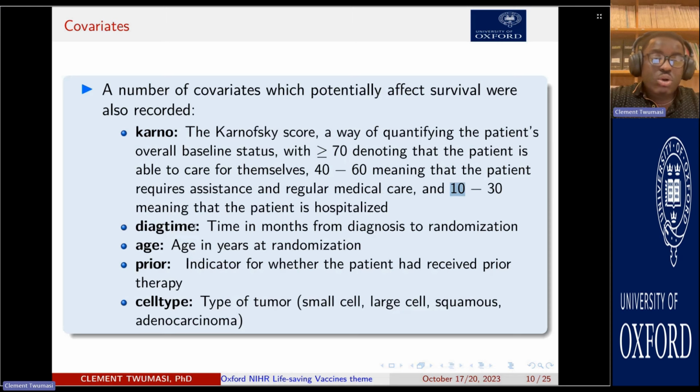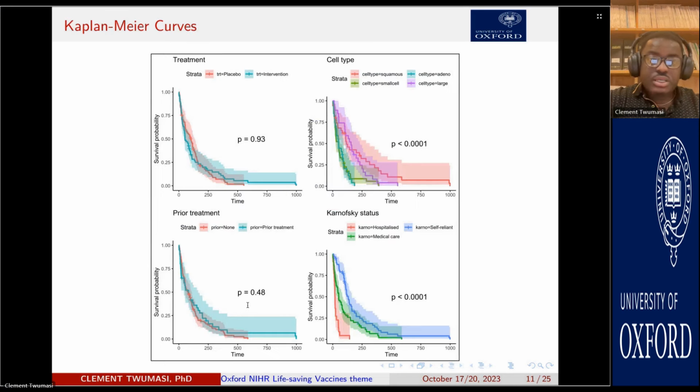Then we have a variable called diagtime, which is just the time in months from diagnosis to randomization. Then we have the age of the veterans. And then we have a variable called prior, which is an indicator of whether the patient had prior therapy before the study or not. Then we have a variable called cell type, which is the type of tumor. We have 4 levels of that. So this is just to say that anytime you are doing survival analysis, the first thing is to produce some Kaplan-Meier curves. These curves are what we call the survival curves or the Kaplan-Meier